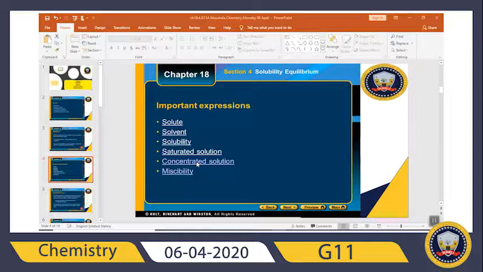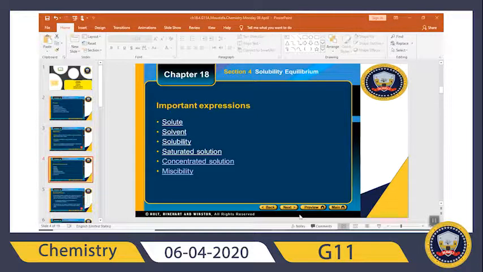It is a solution that contains a large amount of solute relative to the amount that could dissolve. So, you can get a concentrated solution, but not a saturated solution. For example, if you have silver chloride